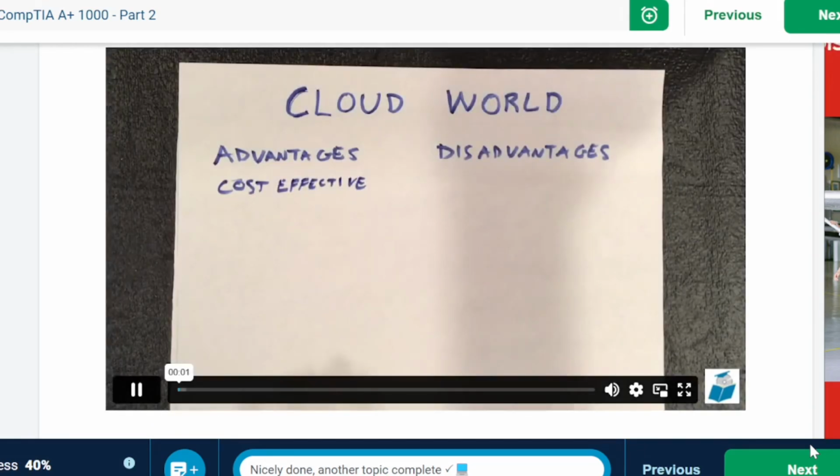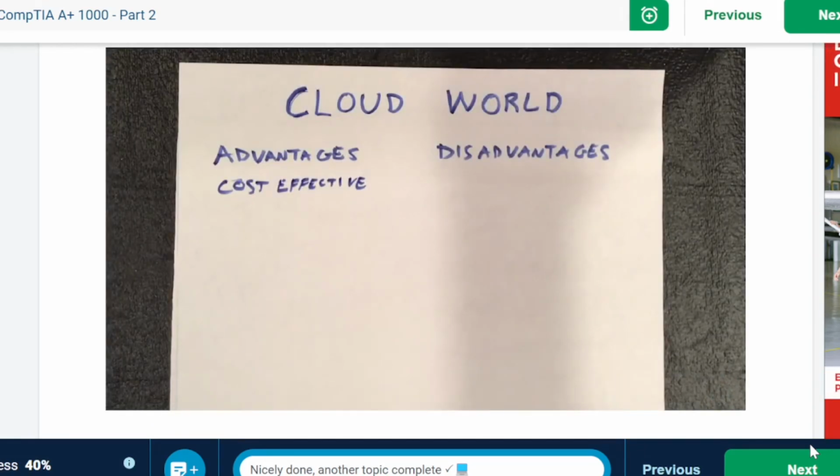So I explained a little bit about how cloud models are set up, what the deployment models look like, what the cloud taxonomy is, and what some of the common characteristics are. What I want to talk about now is some of the advantages and disadvantages of cloud computing.